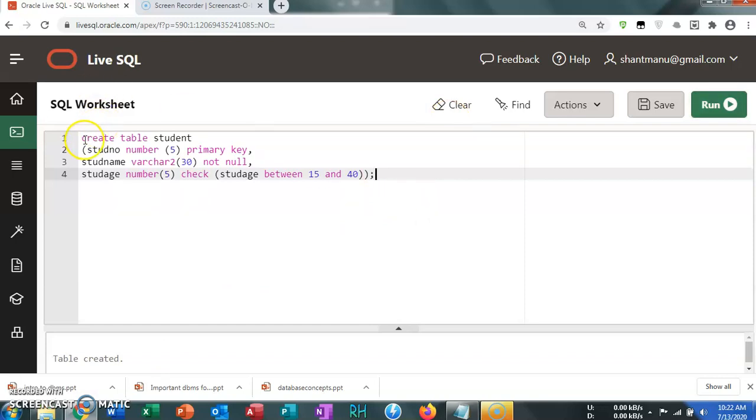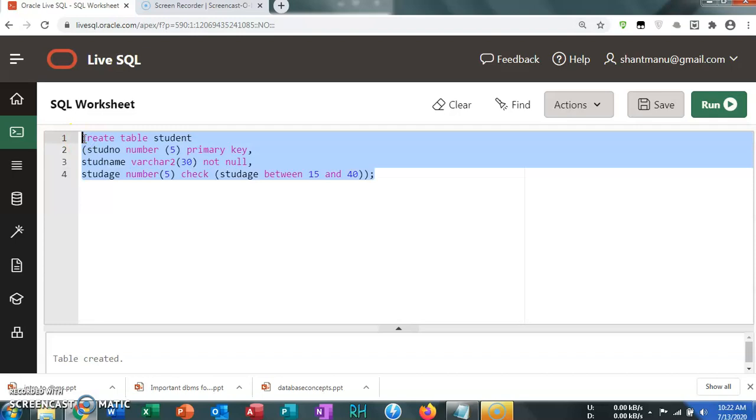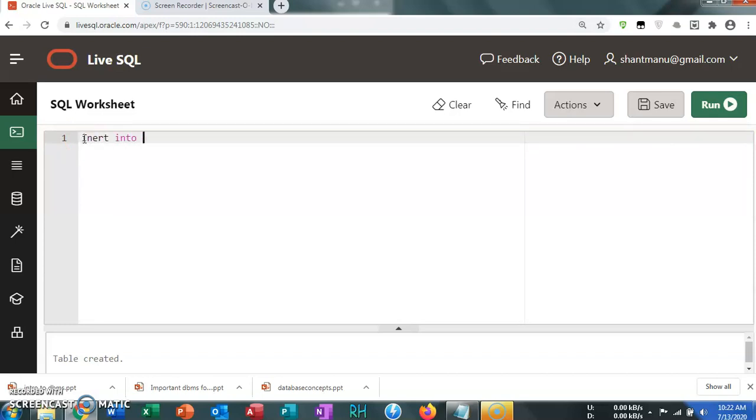Next command that we have to see today is insert. So insert into student values, student number 1, then single quote means it is a text.